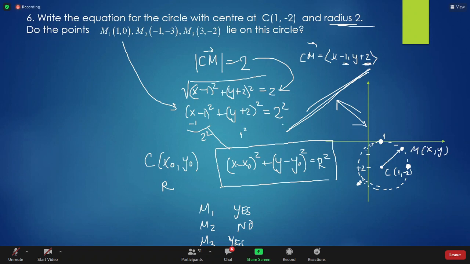Sometimes you might need to expand, but more often you have to go backwards from the expansion by completing the squares, getting this form. That's more useful, actually. This is more useful because if it's expanded, like the one in the previous